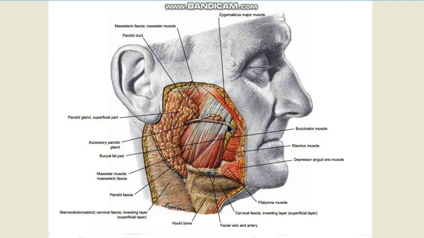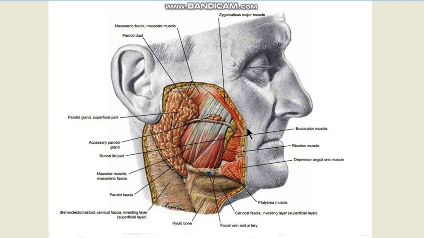parotid if present. At the anterior border of the masseter, it makes an inward bend and it pierces the buccinator muscle. So, on the buccinator muscle, you have the buccopharyngeal fascia. So, in piercing the buccinator, it will also pierce the buccopharyngeal fascia, and then deep to the buccinator, it will pass between the mucous membrane of the mouth and the buccinator muscle. So, there it lies in a submucous tunnel for a little bit of its course, and finally it opens into the vestibule of the mouth opposite the crown of the upper second molar tooth in an elevation which is called